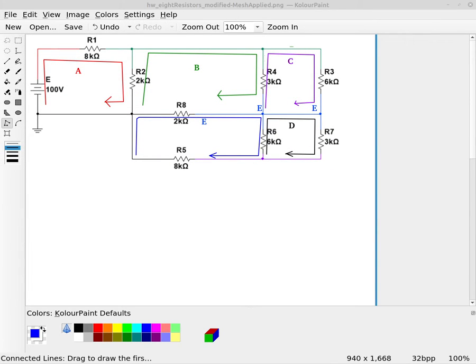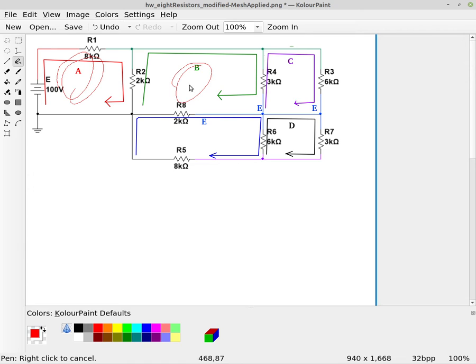Alright, in this video we're going to apply mesh analysis to this 8 resistor circuit here. So looking at the circuit, we have E, the supply voltage, which is 100 volts, and then we have 8 resistors in here, and these 8 resistors are set up with basically 5 meshes. So if we look here, we can see there's 5 windows or loops